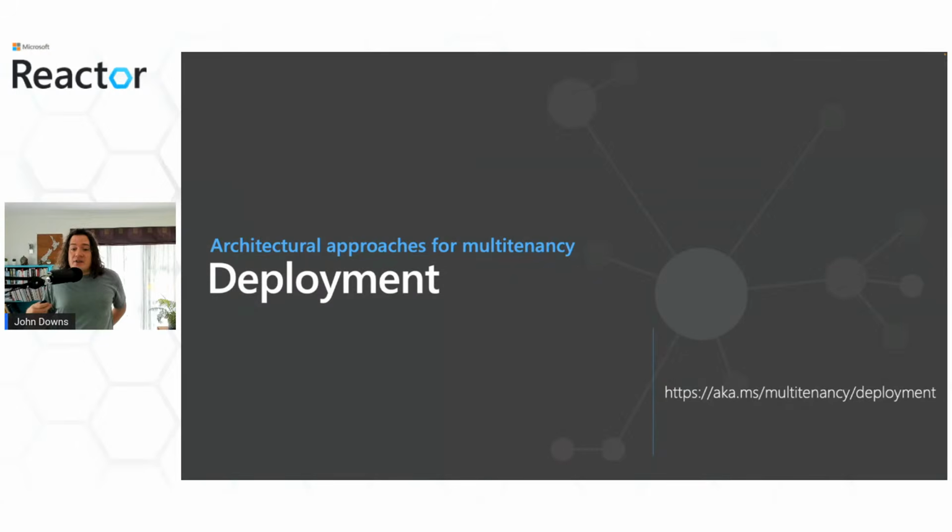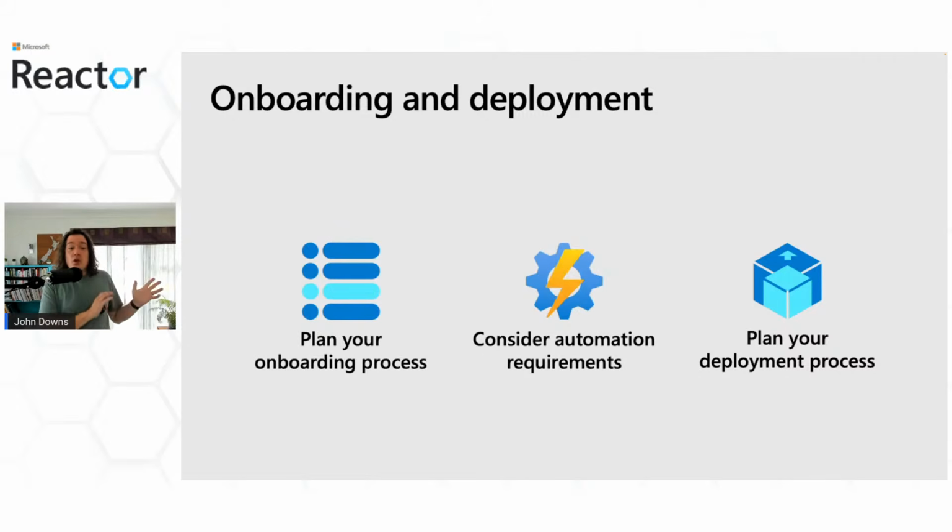So now I'd like to talk about some of the architectural approaches that we discuss in our guidance. And I'm going to start by talking about resource deployment. We just talked about scaling out and deploying tenant-specific resources. And it becomes really critical to have a good plan for how you will onboard new tenants. This includes everything from establishing commercial relationships to understanding any particular requirements the tenant has, like data residency or isolation requirements, and even things like how you're going to handle custom domain names, TLS certificates if they're provided by customers, all those kinds of things.